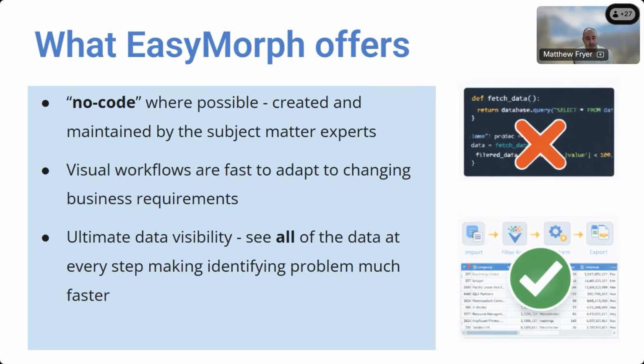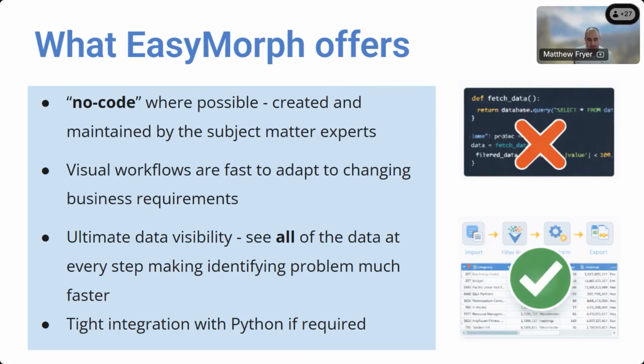Visual workflows in EasyMorph always show us all of the data, not just a sample. Data quality problems and those things cannot hide from us. We can see all of the data, and again, those business users can help to use their expertise, their knowledge to solve those problems. And when there are inevitably sometimes those really complex things we need to do that code does have to be used for,